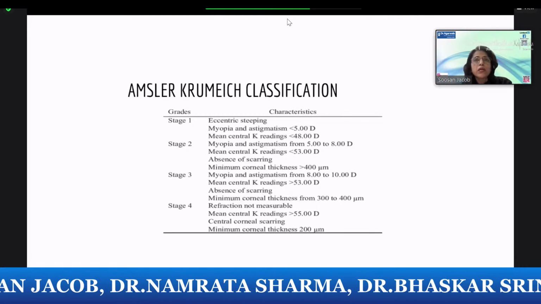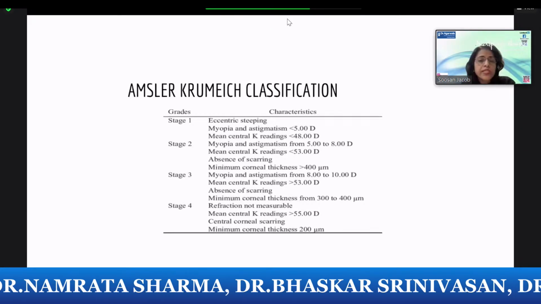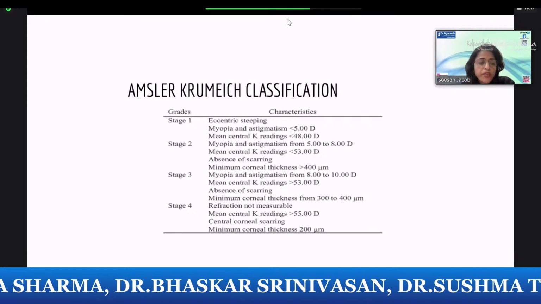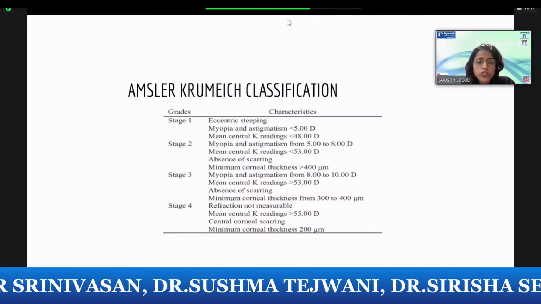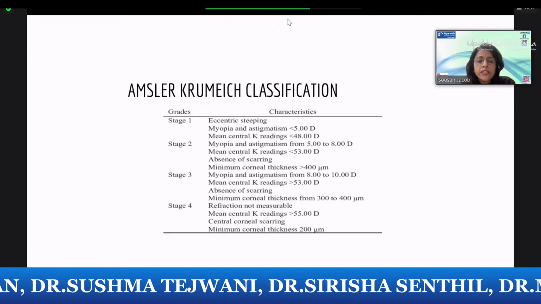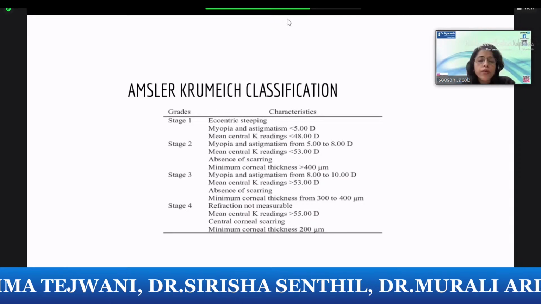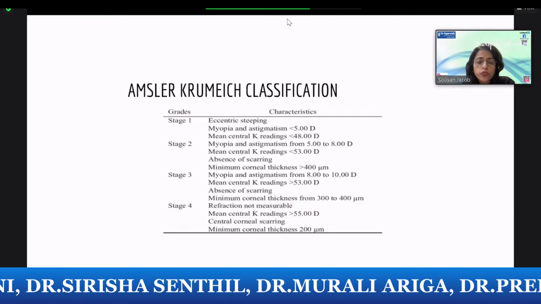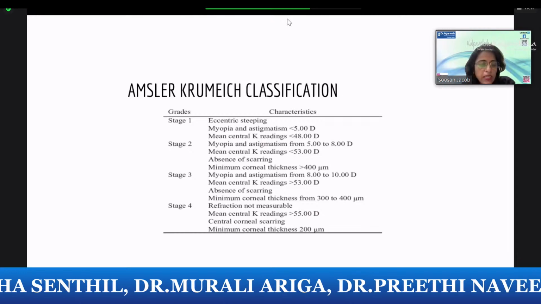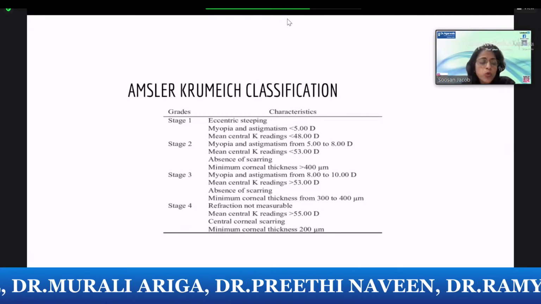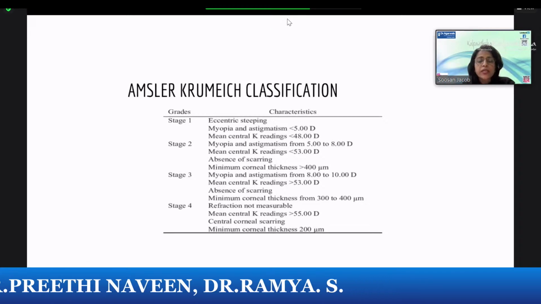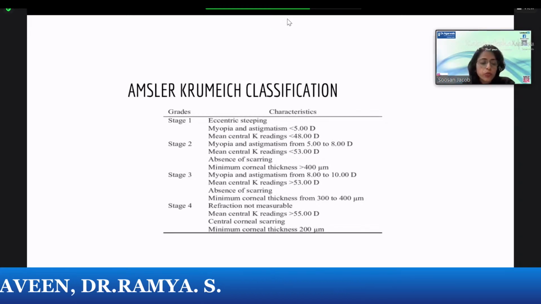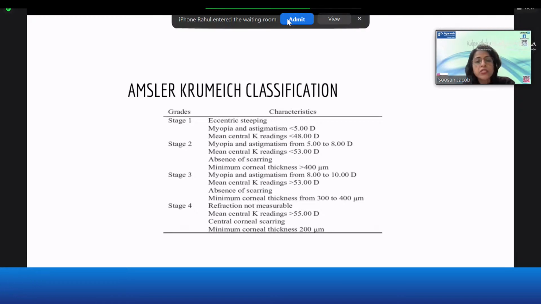And we know that the basic hallmark treatment is cross-linking, for progressive keratoconus, where you cross-link the cornea by using riboflavin solution and UVA light. This helps to increase the biomechanical strength of the cornea by about 3 to 4 times from its baseline strength, and this prevents progression. At the same time, you also always have to tell every patient not to rub the eye, because whatever kind of treatment you do, if you continue giving this biomechanical stress or trauma to the cornea, the disease will continue to progress.